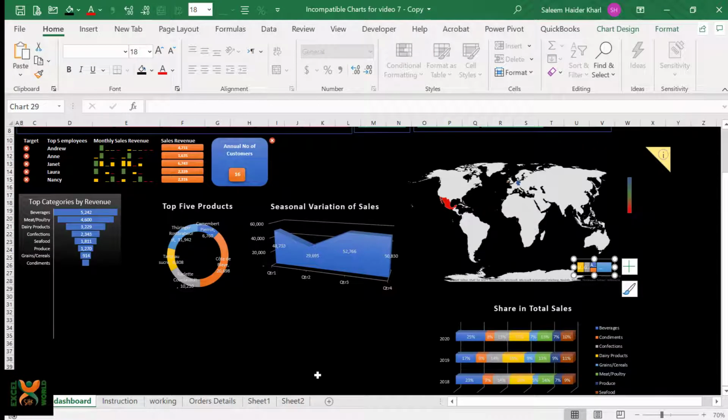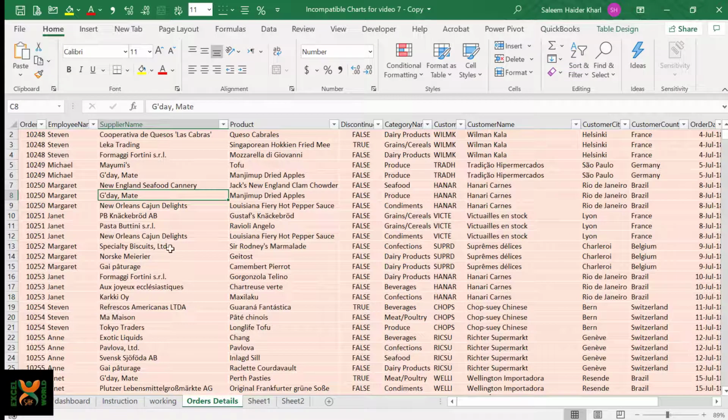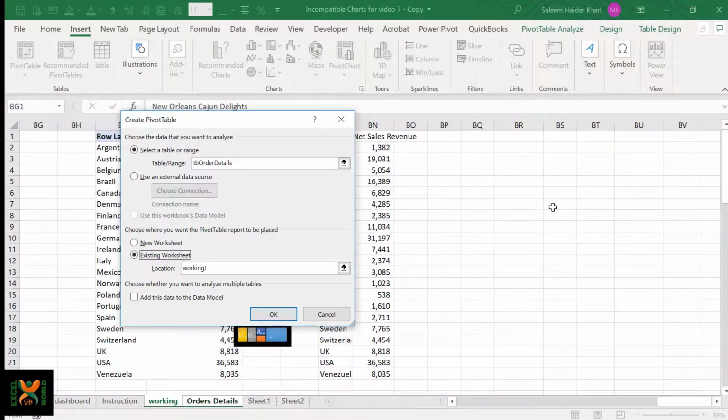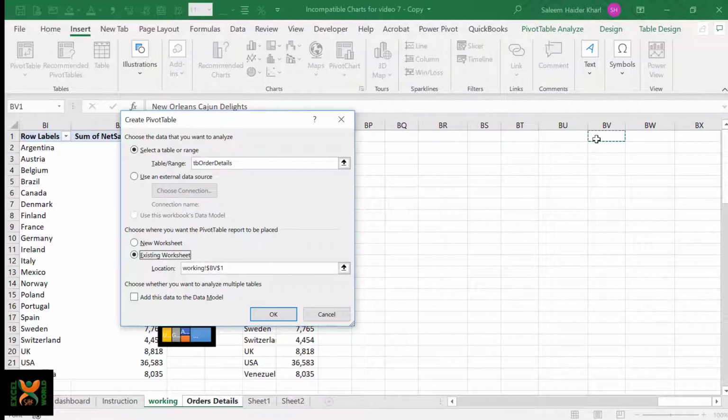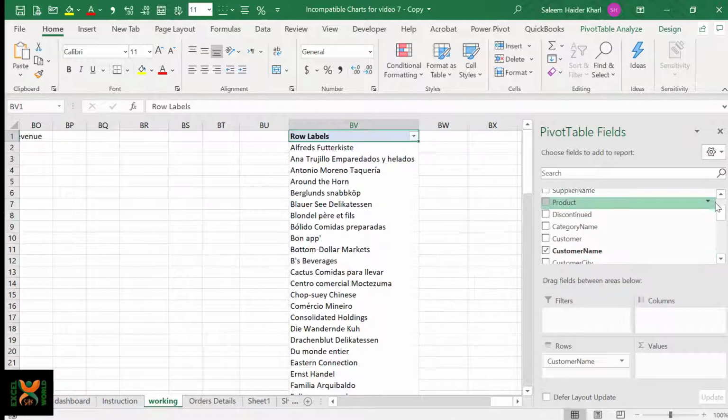Now we need to have a chart for top 10 customers. It is also important to know which customers are your loyal customers or from whom you are getting the most of the business. So for this one, again, we are going to use a tree map with the same steps we just followed for creation of the card. So we need the customer name and the sales revenue. Again, go to the orders detail table, click insert, click pivot table, existing location, go to working, click an appropriate location. So for this chart, we need the customer name and the net sales revenue,